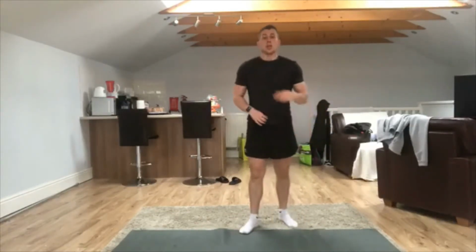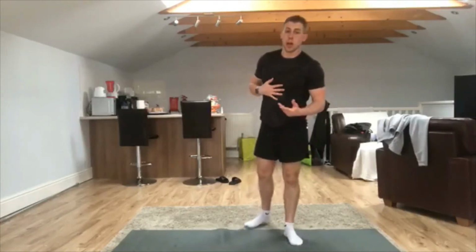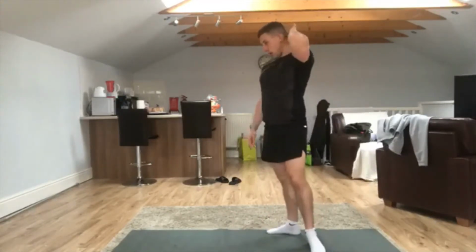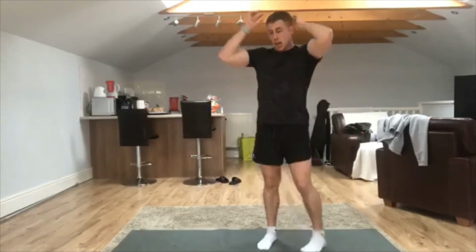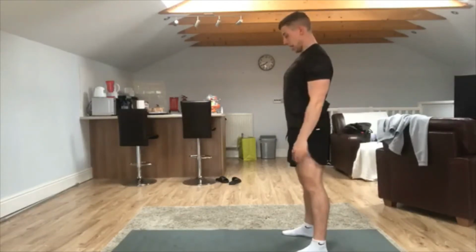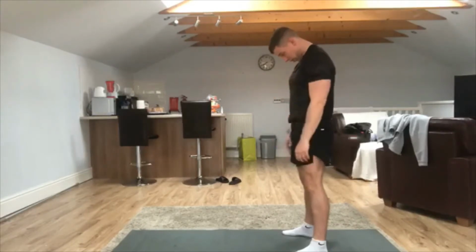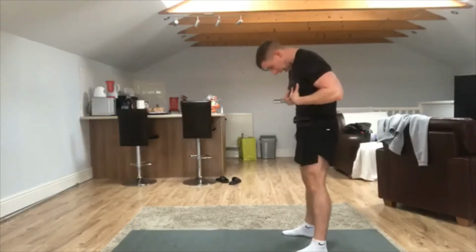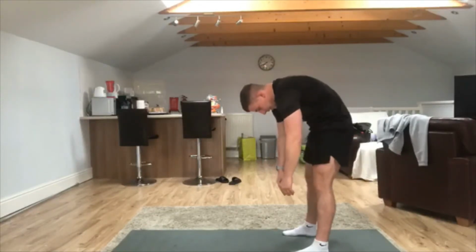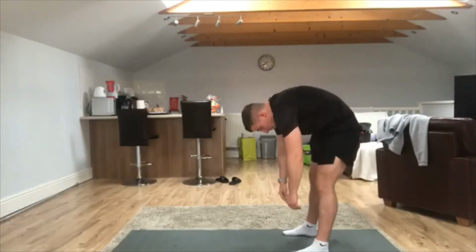Okay, everybody. So what we're going to do next, we're going to do what's called a body roll. So I want you to imagine each individual vertebrae. So your spine is made up of 33 individual vertebrae. Okay? And I want you to imagine each one of them slowly just peeling away, releasing all the tension. So you tuck your chin into your chest first, let your rib cage glide down towards your hips, make sure the arms are relaxed, and then you just slowly work your way down